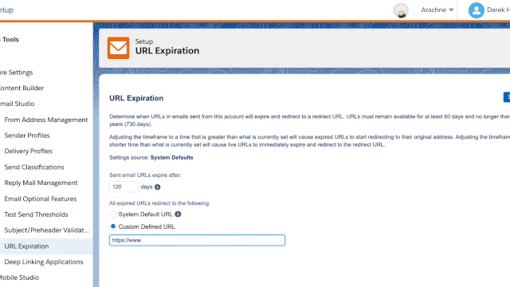So put in my details, just like that. Click on save,